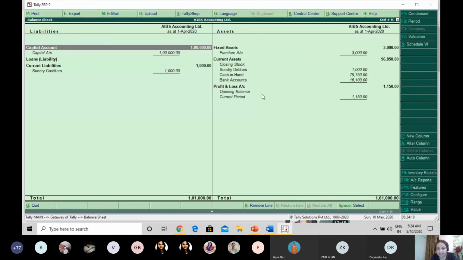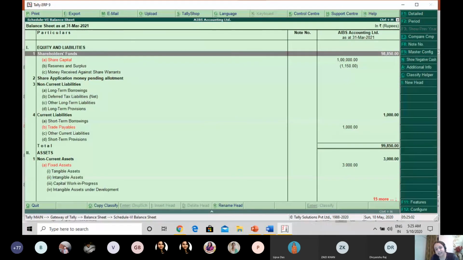Now what I've done is, if you can see on the button bar, it is schedule 6. I've pressed on schedule 6. The balance sheet as per schedule 6 is automatically created. When we do it in the class, it is a number of times very cumbersome. But in this case, we don't have to do anything. Just the journal entry, and this balance sheet has been created.